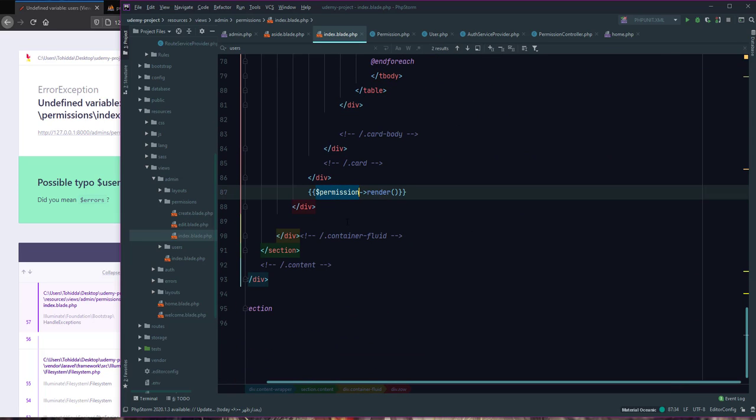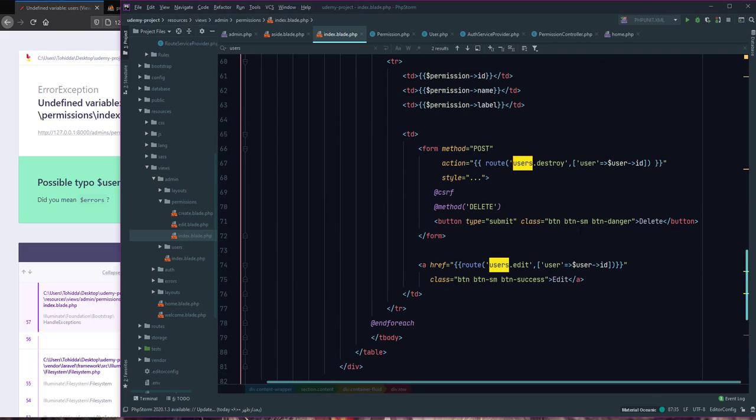In these $permissions render and $permission ID